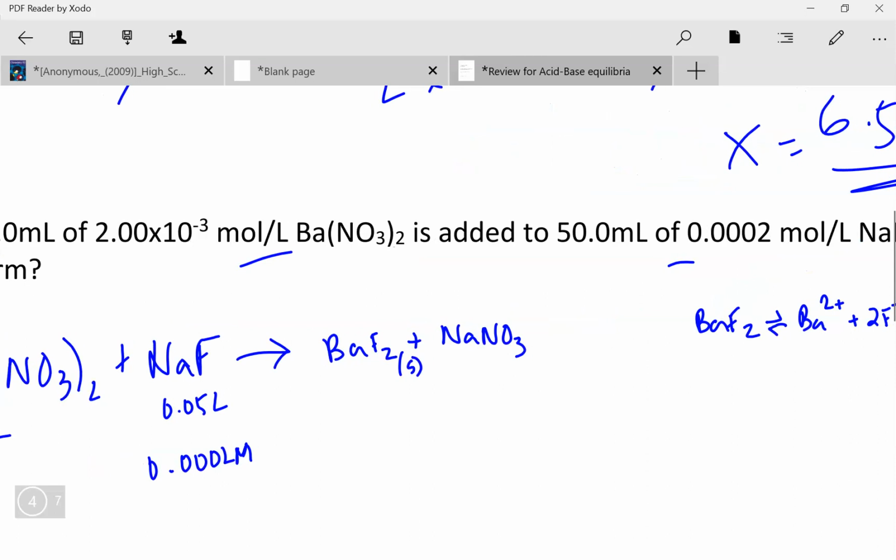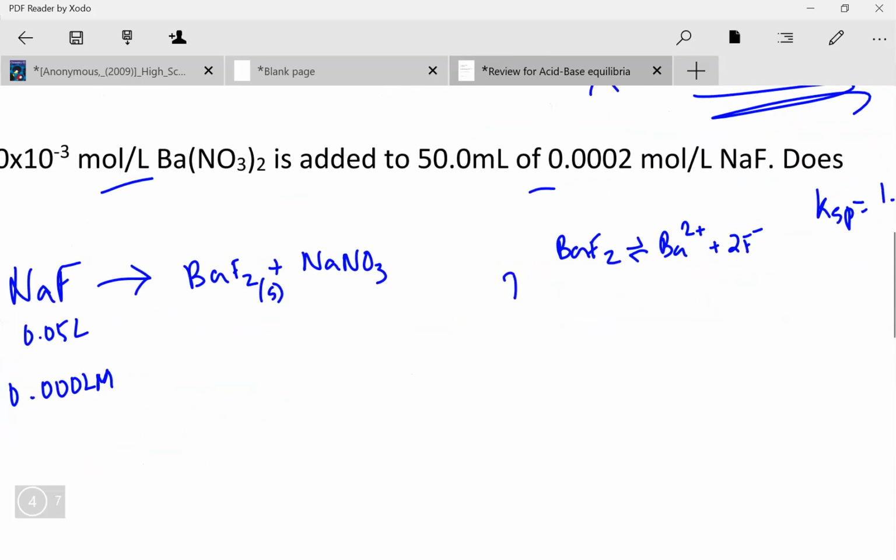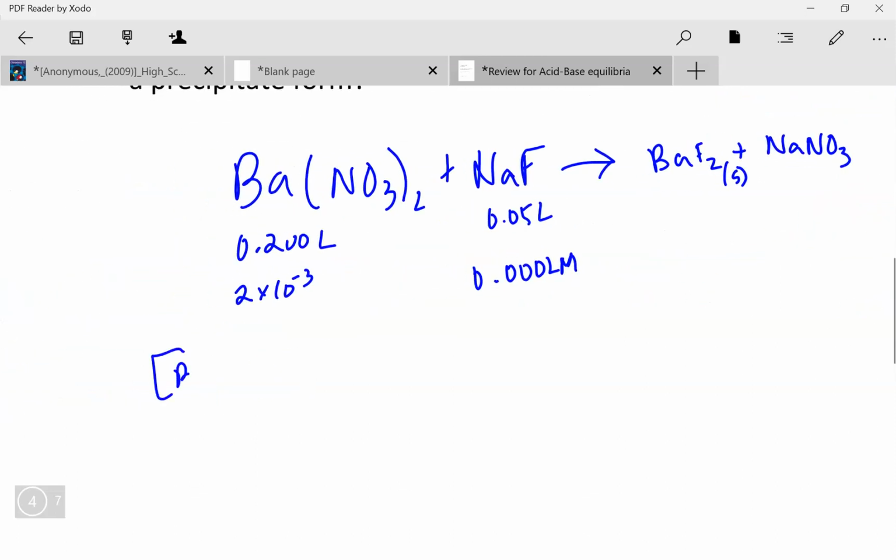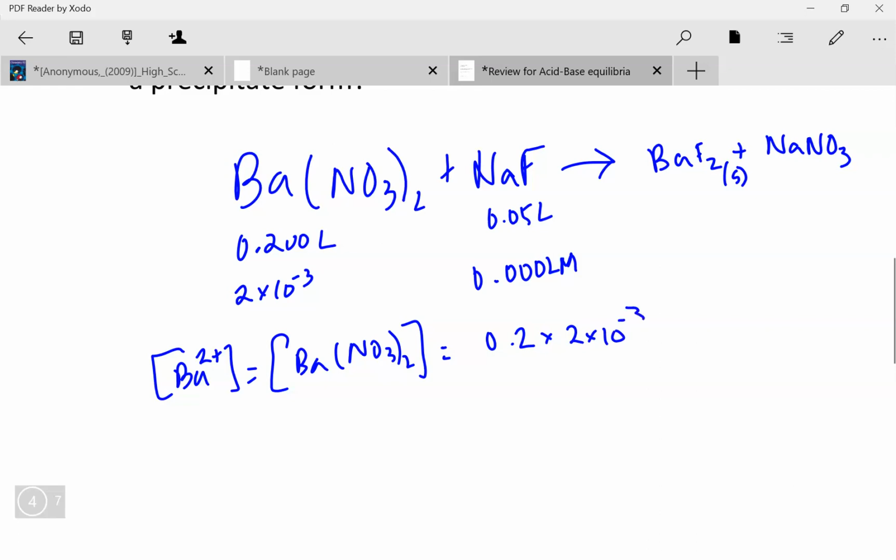Fairly certain. Okay, now again, to calculate our QSP, we need a concentration of barium ions and fluoride ions, and therefore we get that from here. Concentration of barium ions is equal to the concentration of barium nitrate, because that's a 1:1 ratio. 0.2 times 2. So again, concentration times volume divided by total volume, which is